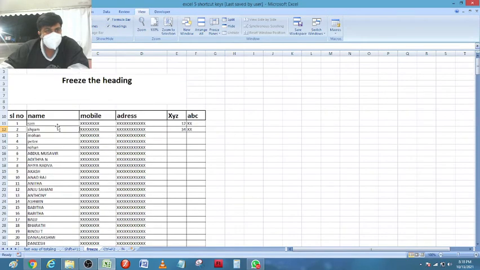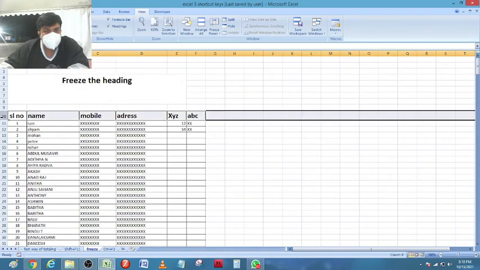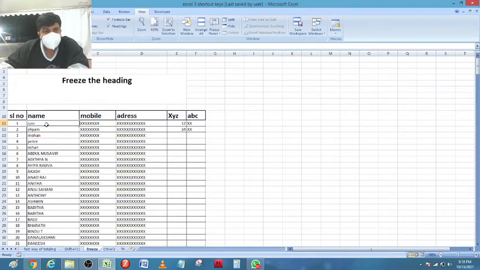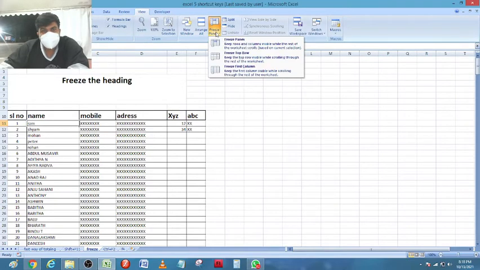It is very easy. Suppose this is the heading and you want to freeze it. You just click on the next line below it and go to the View option. After going to the View option, go to Freeze Panes. After Freeze Panes you need to just click on the first option, Freeze Panes.